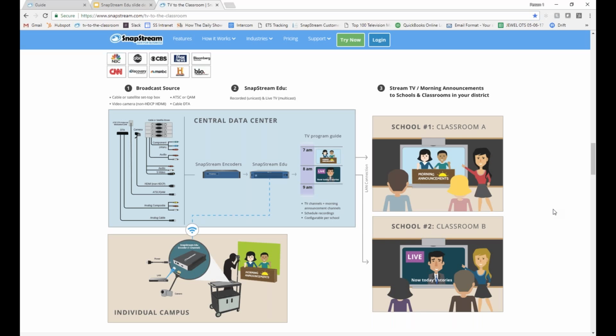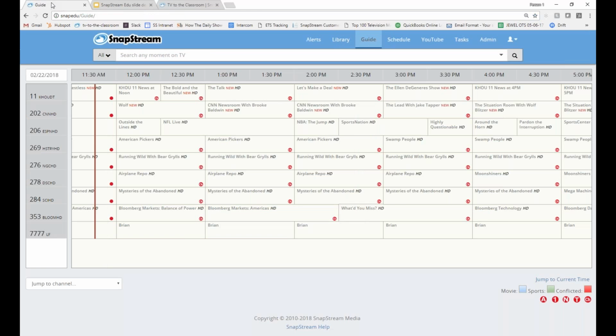Regarding how you actually access the content, the students go to this platform that I was demoing off of. They open a browser on their device and they go to the name of the server. And depending on whether it's live or recorded, they either come into the guide or they go into the library. In the guide, they would watch content live. In the library, they would be viewing content on demand.